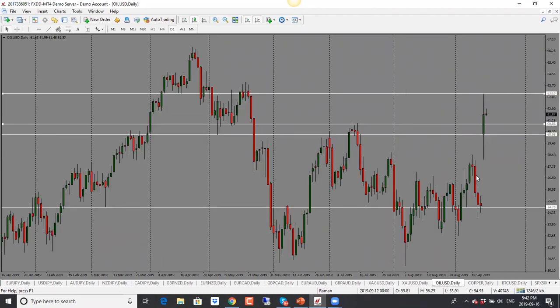Oil here, so this is the big jump in oil. It had closed down, but we saw it gap up all the way because of the attacks on Saudi oil fields. With this one, this is bearish at this point, or I would look for price to drop a little bit. So first,